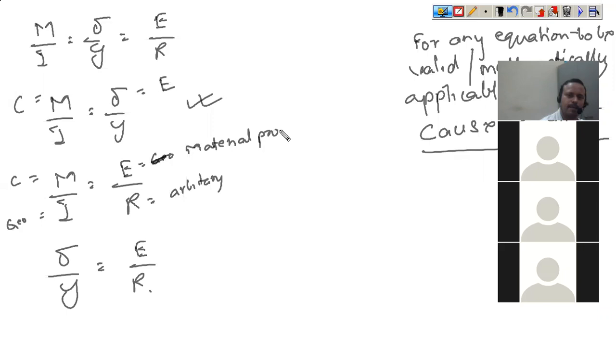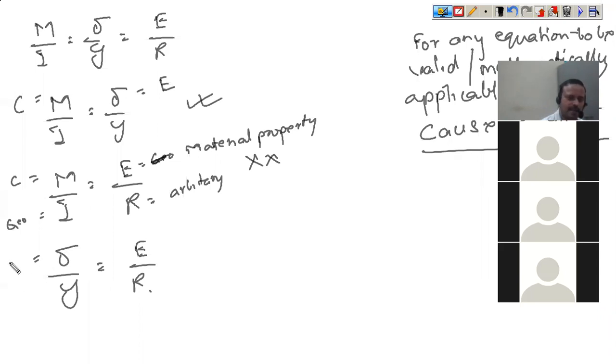This is a material property, and this is some arbitrary value. So this is not taken as a mathematical equation for finding out any of the parameters. Now here also, if you look at bending stresses, if you take this as cause or if you take this as an effect, that bending stresses have been produced, you need to find out the force which was actually producing it. So you can manipulate between cause and effect.